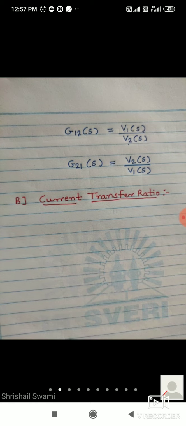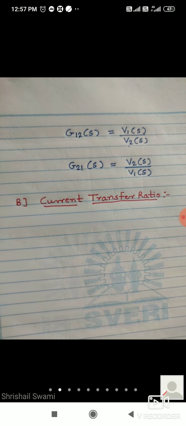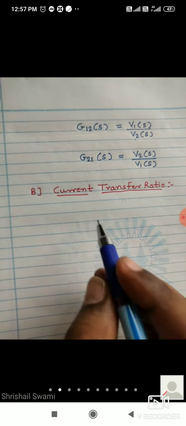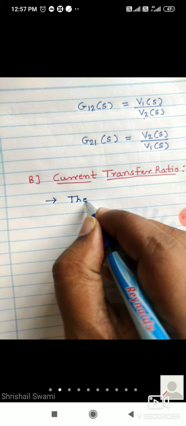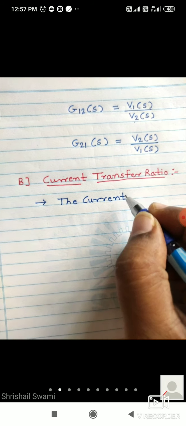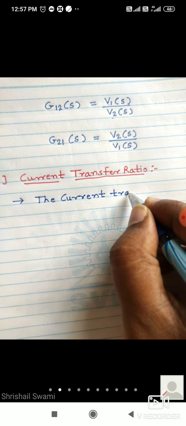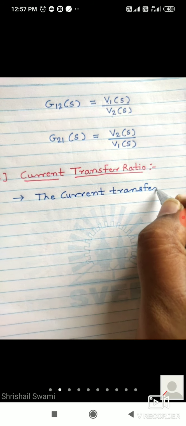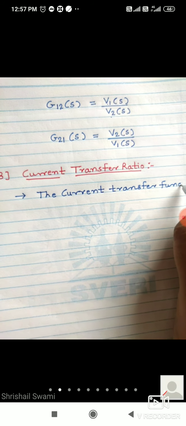It is nothing but current gain, I1 upon I2 or I2 upon I1. Okay, so the definition will be common. We can take the current transfer function or transfer ratio function. You can say the current transfer functions